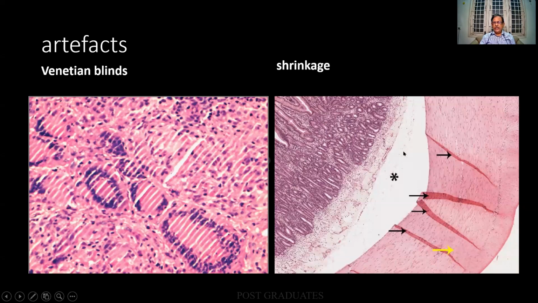Another very intriguing and rather irritating one will be a cleft between the planes of tissues. You find that different tissues, this is a mucosa over here, this is a connective tissue, and I'm finding a cleft over here. This can happen because the different tissues will contract at different rates. As a result of which, artificial clefts can be created. Particularly in a slide such as the skin, we'll have to rule out any of the bullous lesions.